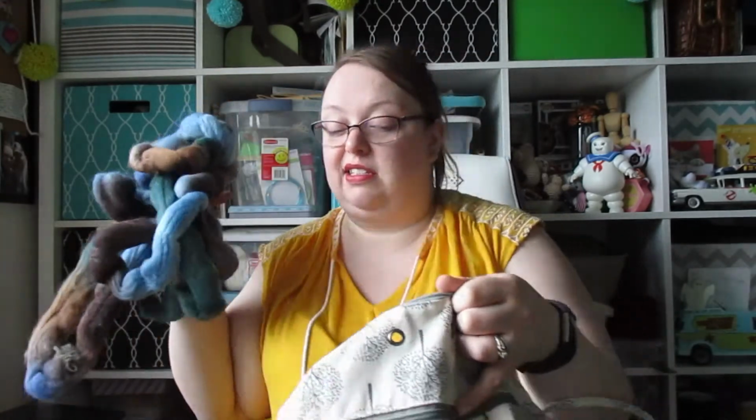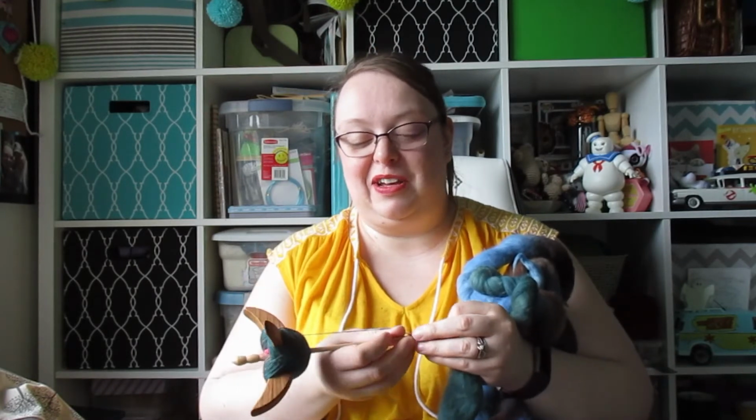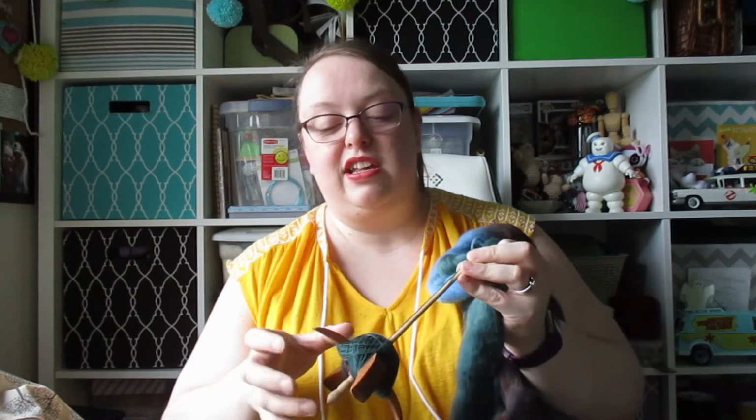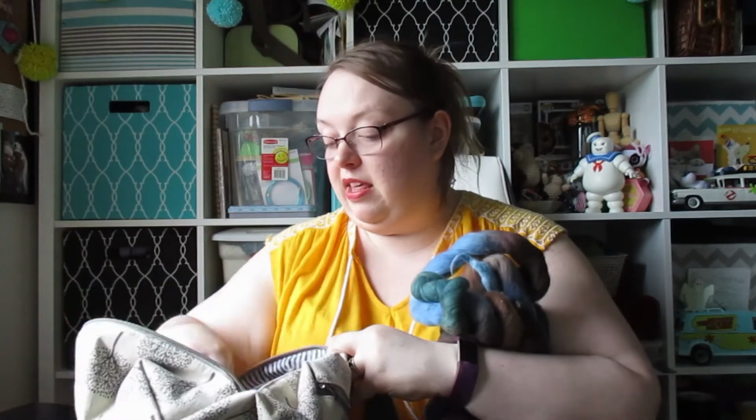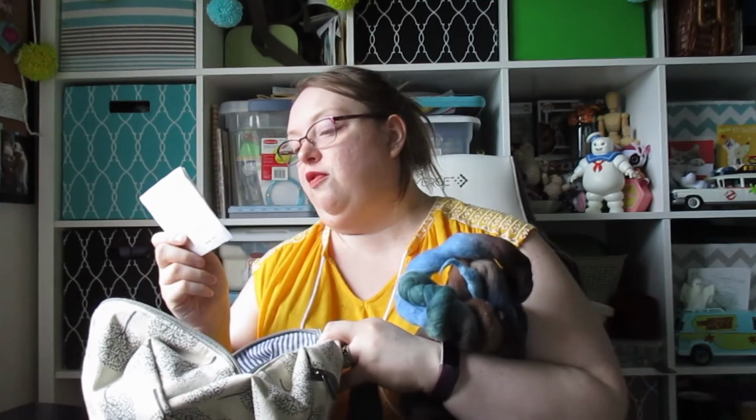So I started bringing my spinning to work, and it's actually probably the best decision I've made in a while, because I really get into it on my breaks and lunches, and my coworkers are really into it too, because one of my coworkers knits, so she's kind of interested anyway, and the other ones just think it's cool, and I enjoy it. So I've been spinning some Chameleon Colorworks Dye Works in Fiber Studio, 4 ounces of